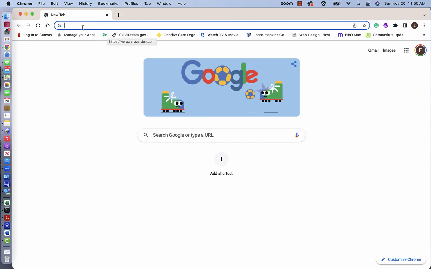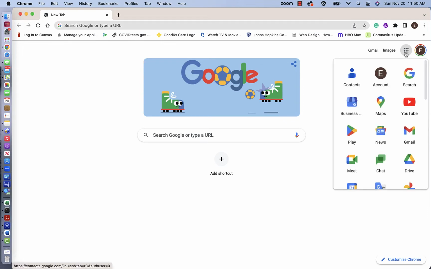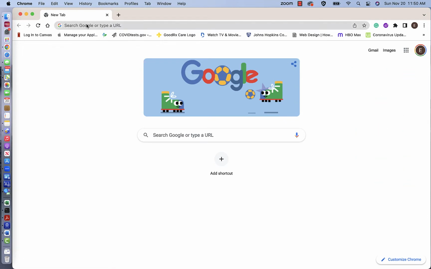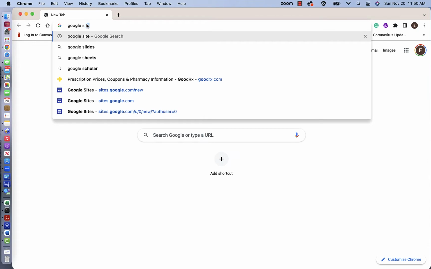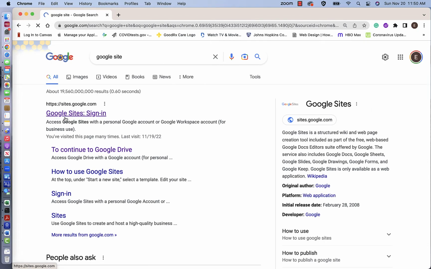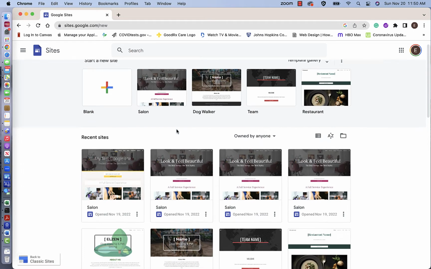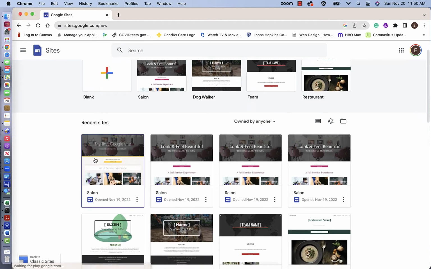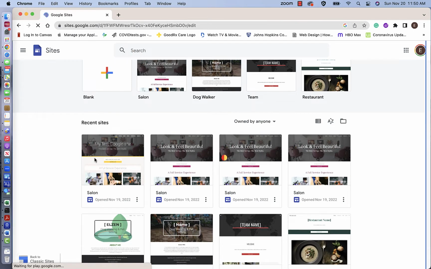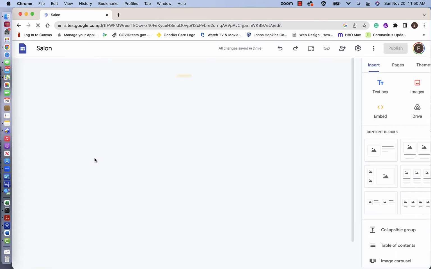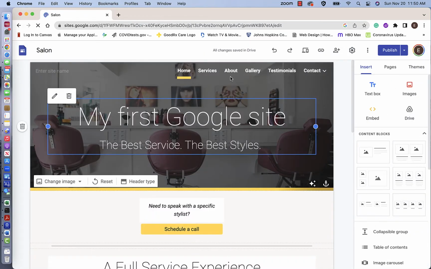The easiest way to access Google Sites is through this panel here that I've shown you in the past, but you can also just type in Google Sites. It'll take you to the sign-in page, and I'm already signed in. Let's say this is the page that I want to work on. So I have my page here, and I have my gallery, and one of the